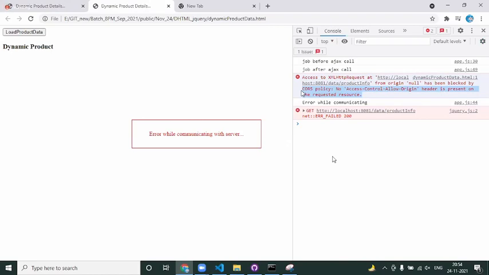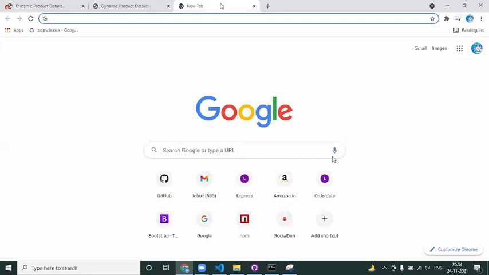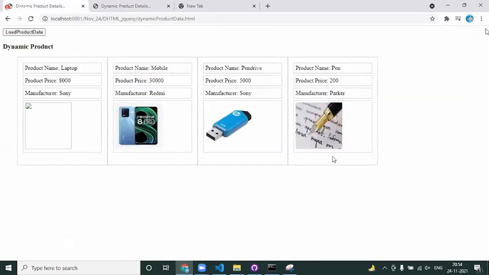CORS means cross origin resource sharing. It is not possible to share the resources between the cross domains. That is what it means. Now, why has this been introduced? The reason they have introduced it is, assume this is one of the web pages you have created. You are clicking on this, you are getting the product data. You simply published it. Some third party person can identify what the web service URL is.